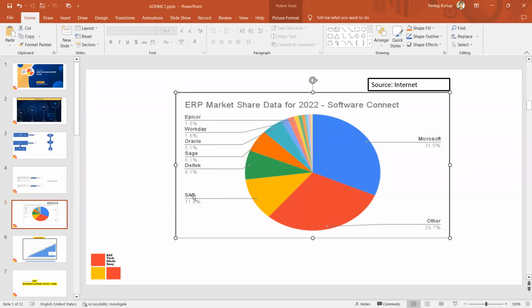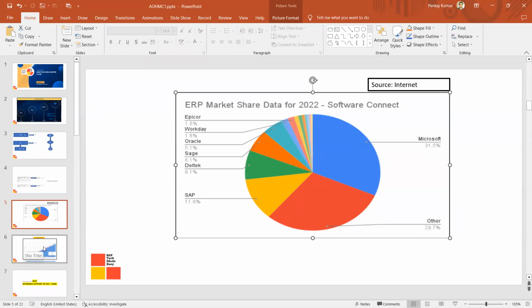So here SAP is leading, right? You can see that SAP is leading with 11.8%. The greatest competitor of SAP is Oracle. So it is at half of SAP, but this is also very popular. So 11.8% is really a big figure, and SAP is really very popular. Microsoft, because Microsoft Office and everything comes into that, that's why this is 30 and 1.5, but we can't say it is a real competitor of SAP. The real competitor of SAP is Oracle. Okay, then others come under this,